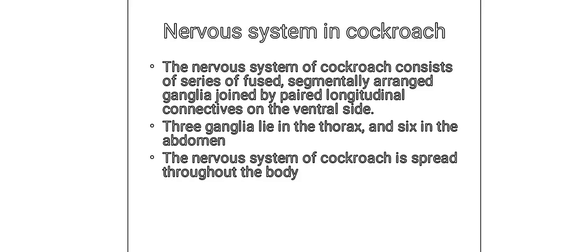Further, if you see the nervous system in cockroach with its definition, you will find that this nervous system consists of a series of fused, segmentally arranged ganglia. That means they possess a ganglionic structure. These are bunches of neural cells present in each segment in a pair, and they are fused with each other. That means they are segmentally arranged, and these fused structures form the nervous system